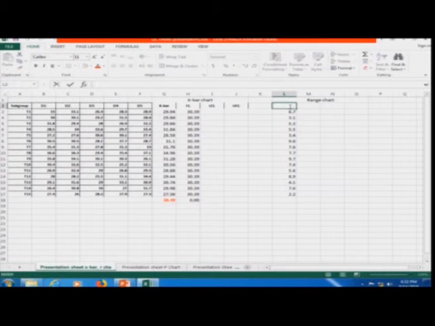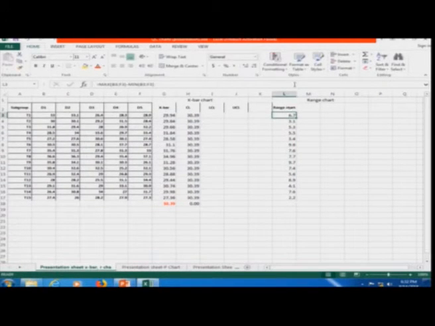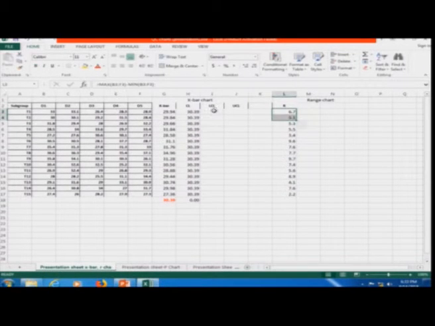So, this is my value R, not range chart, this is my value R. Okay. Now, I know my value of the range. Lower control limit, as I know, I can pick the formula: lower control limit is equal to x double bar plus A2 into R bar. R bar would be the average of these values.